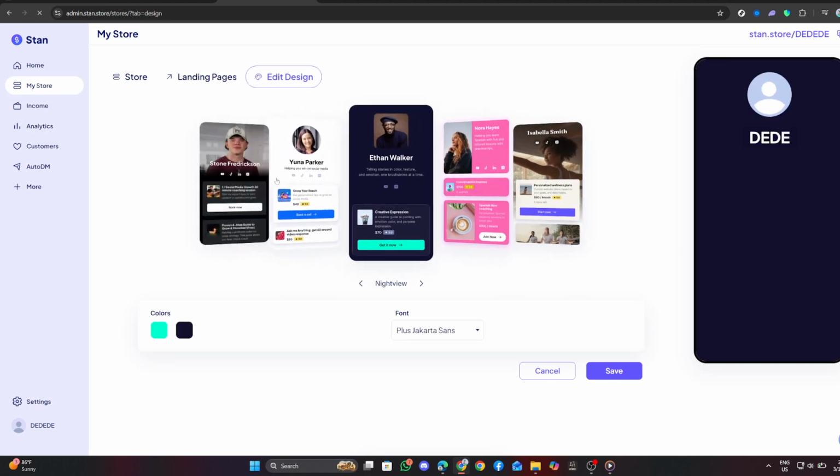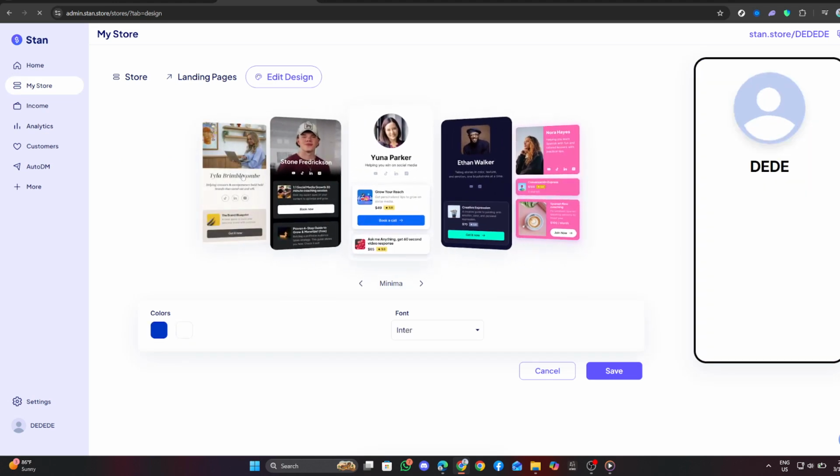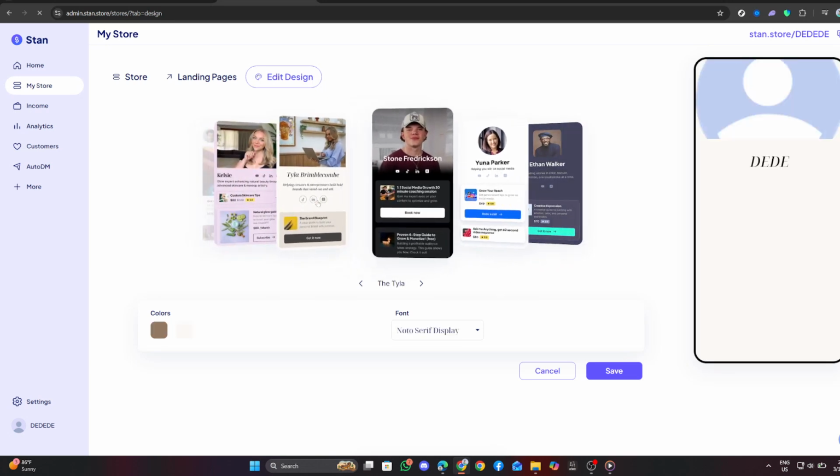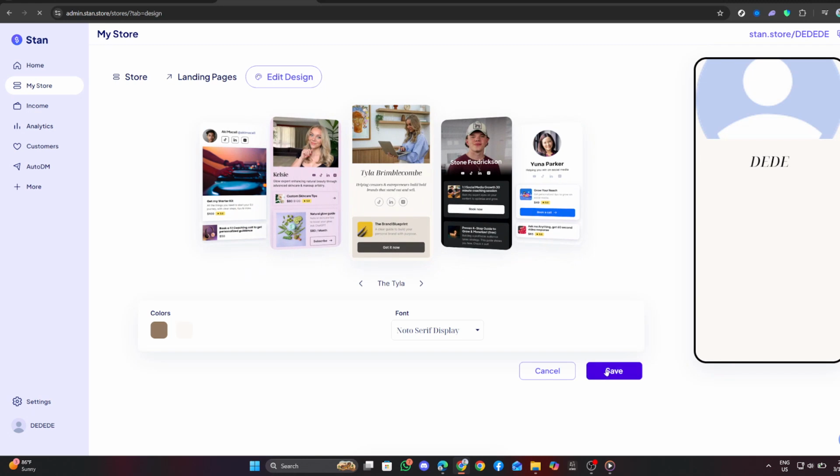Once you have found a theme that you would like to use, click on it to select it. This action will typically highlight your choice, confirming that it is the selected theme. After making your selection, look for an Apply or Save button, which is usually located at the bottom of the theme selection window. Clicking Apply or Save will initiate the process of changing your store theme